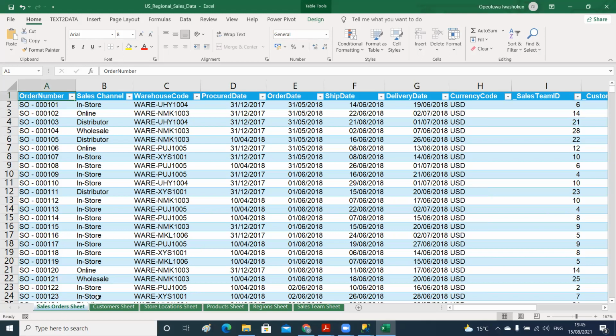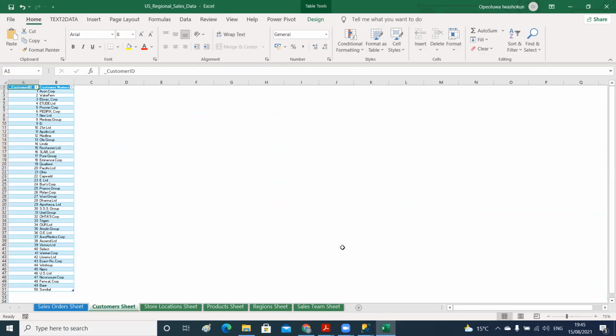In an Excel file, you have sheets that hold specific information. This sales data shows sales orders that were made by various customers. All the sales order information is in a sheet, like a table, and we want to bring in all this data from Excel into our database management system. Then you have the list of customers